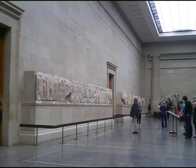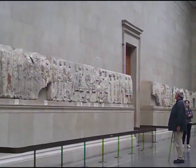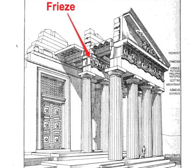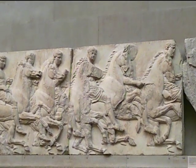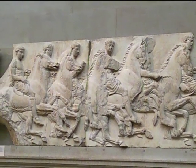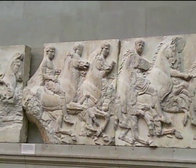In the British Museum, and we're looking at the frieze that went around the Parthenon. Not exactly on the exterior of the Parthenon. Inside the porch, basically. They're carved quite shallow, and although they would have been painted more brightly, I still think it would have been a little tough to see. Essentially, what we have is a procession of the citizens of Athens on the birthday of Athena, patron goddess of